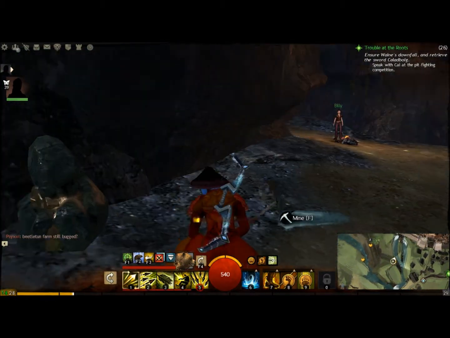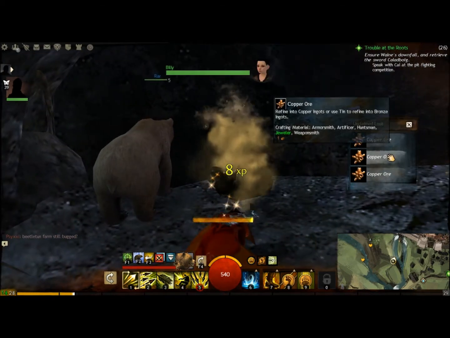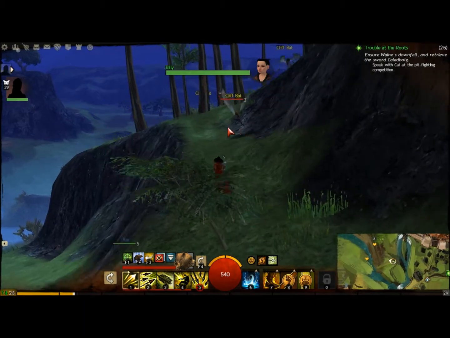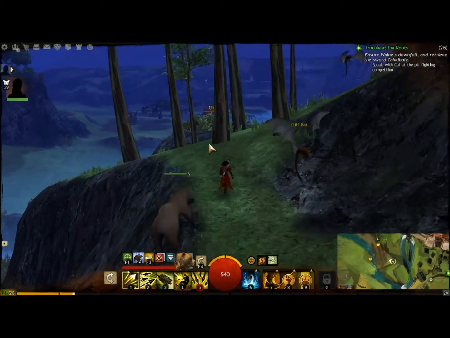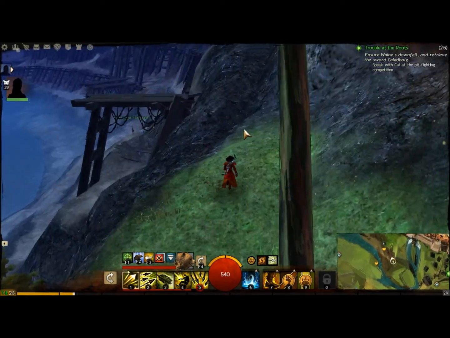Don't do this part. This is the part where, who's Billy? Whatever. Don't do that unless there's copper ore there, because you might need that, like I do for jeweling. Is that what it's called? Yeah. Anyway, this vista right here,